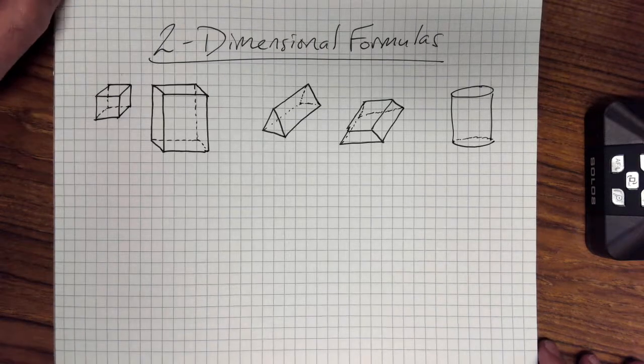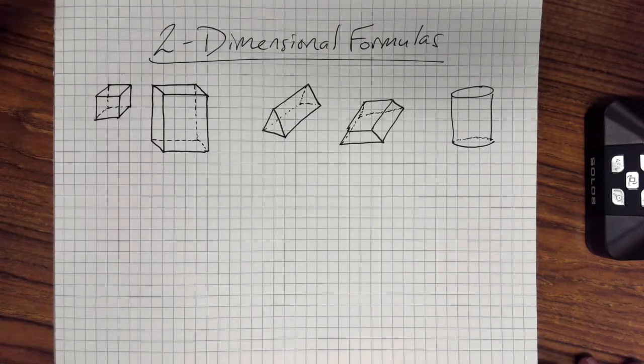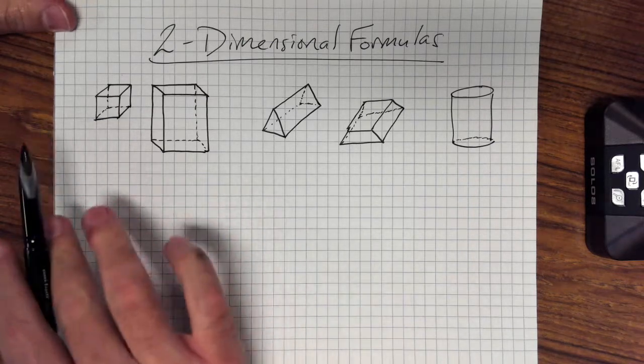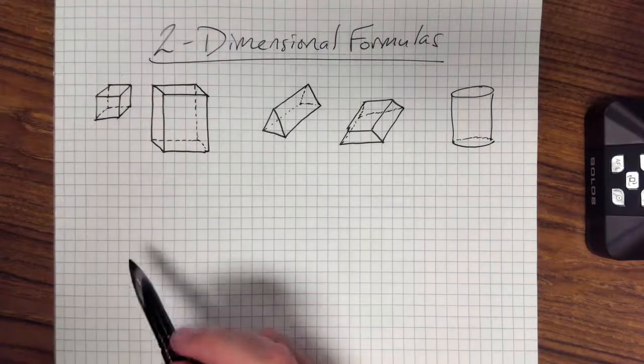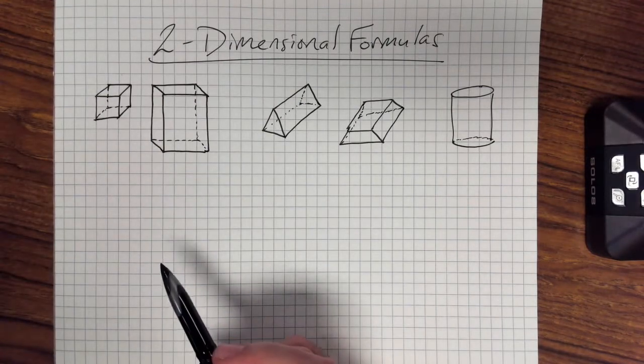All right, before we jump into all of our three-dimensional formulas, I want to run over your two-dimensional formulas real quick because you will need to know them in order to do your three-dimensional formulas. So the reason you will need these is this. Here's a bunch of three-dimensional shapes. When you find surface area and volume, you're going to have to find the area of the bases of each